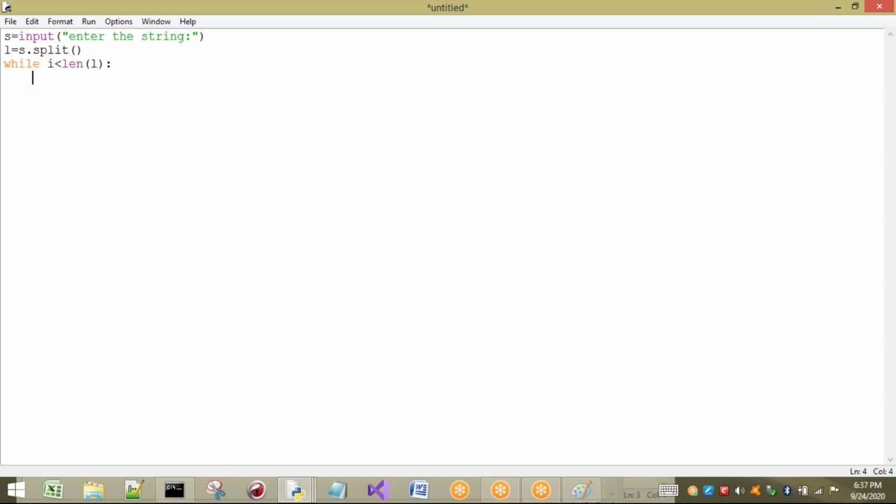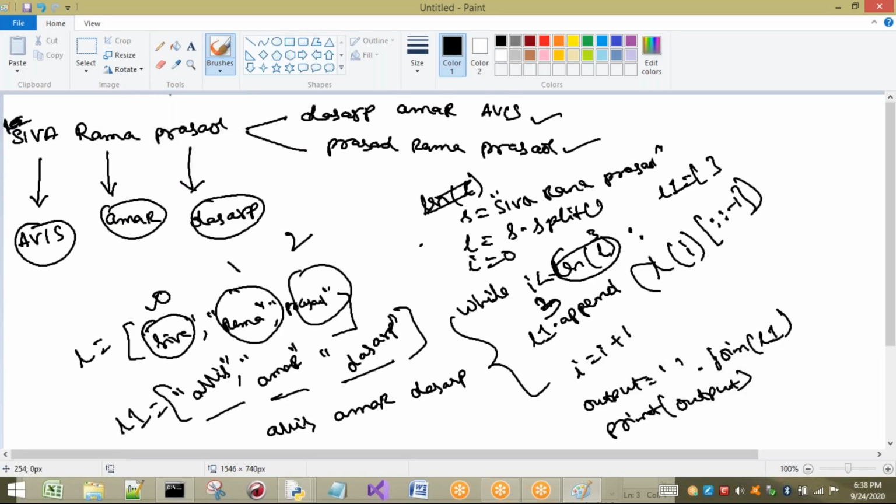Now I have to reverse it. For reversing, what do I have to write? First L of I. Here I have shown it in this way, but generally it is square brackets.